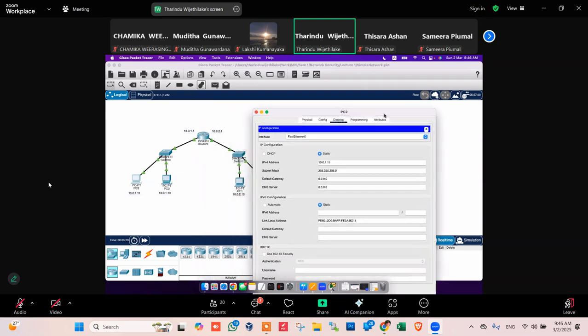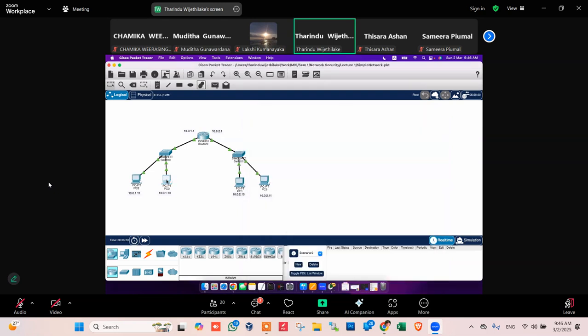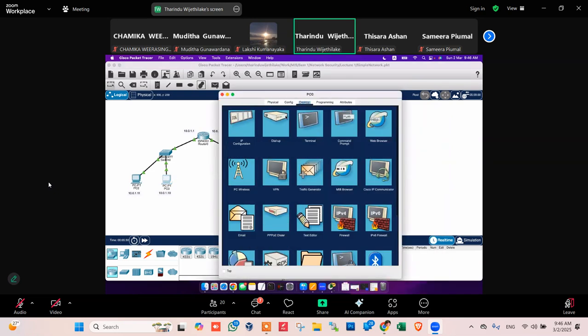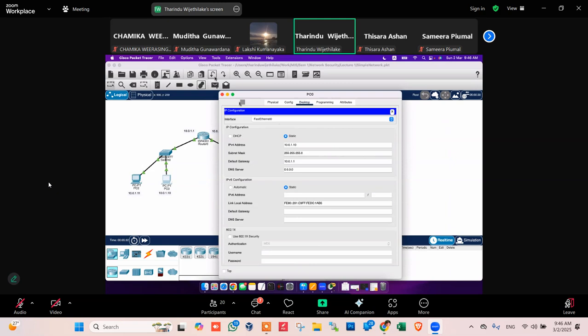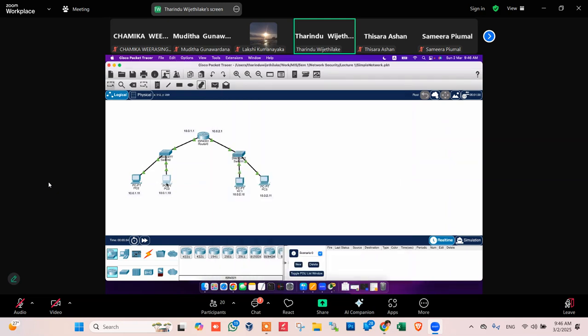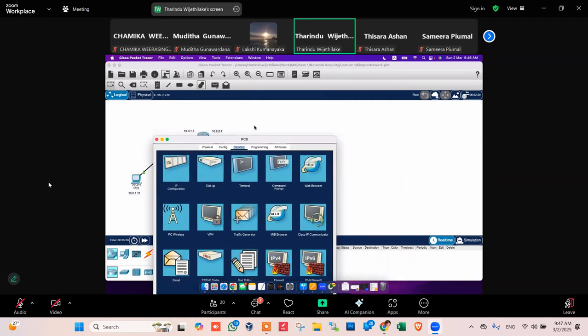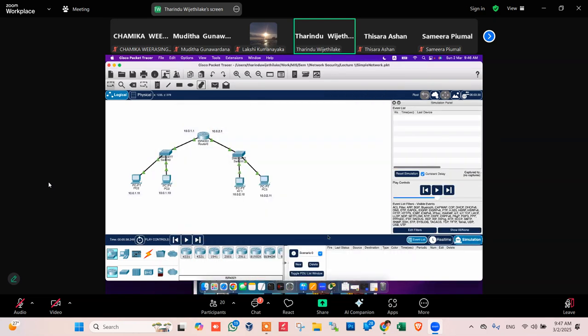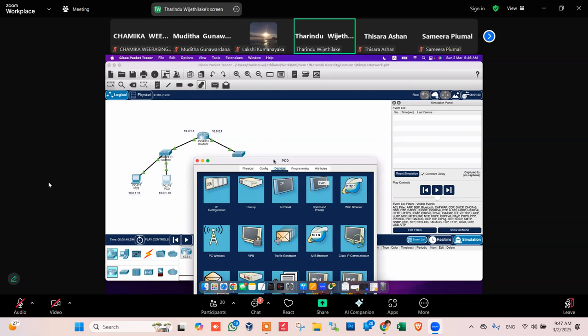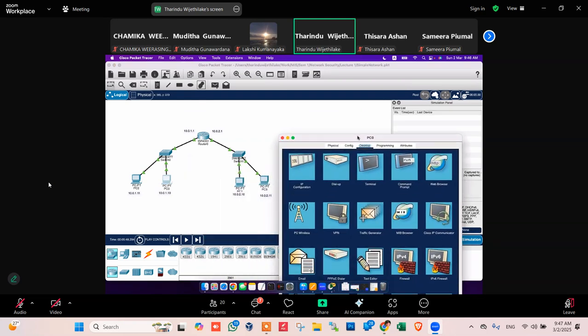To go out from your network, you have to configure the default gateway. I haven't configured the default gateway, that's why. Okay, so let's use this other device, and ping to